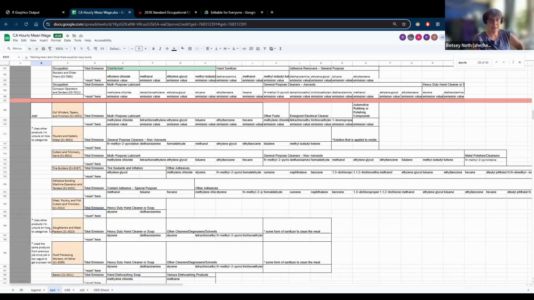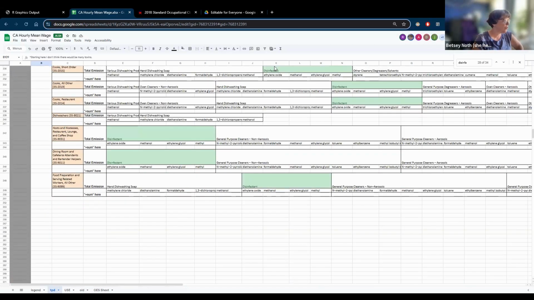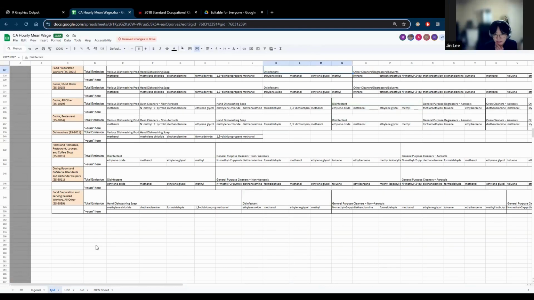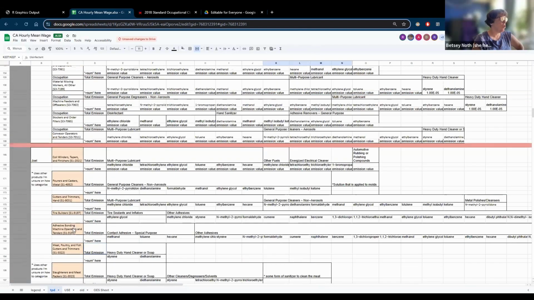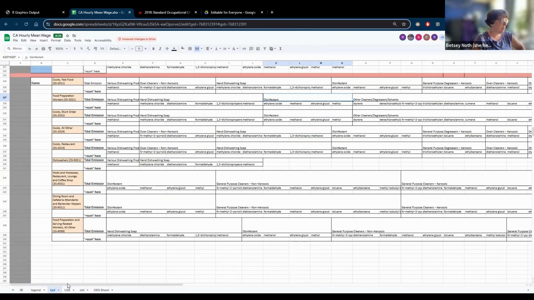And I would say with this total emission category, that's well titled, and you probably will also want total emission per chemical, because in a given chemical, like this one at the bottom in food preparation, you've got methylene chloride in soap, and then you probably have methylene chloride in something else. I was unlucky with formaldehyde.